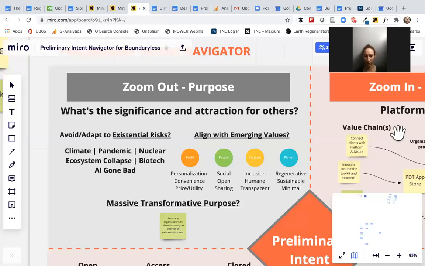And yellow is about being purposeful. And again, actually, these are the 4 Ps. We've aligned it to that framework to be a little bit familiar. In the yellow meme, it's about looking at the operating system to be more inclusive, more humane, or transparent. And then turquoise is about looking at the whole system and its health. So models that are regenerative, sustainable, and minimal. So those are kind of just conversation starters for the group to go through to think about what purpose do they most align with? Do they really want to embody it?